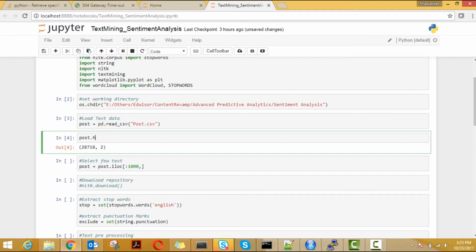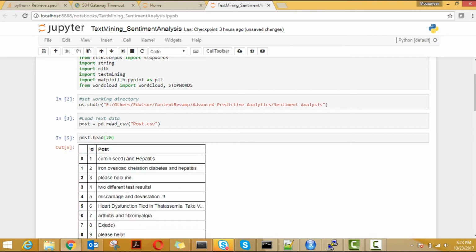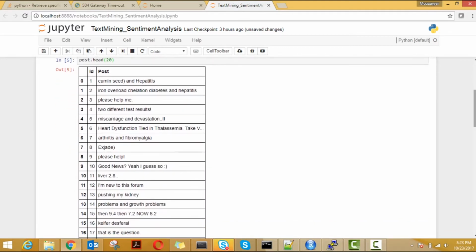So let us have a look at the data. I am extracting the top 20 observations. The first variable is the ID, and the second variable is the post. Post is nothing but all the comments related to that disease. So guys, this ID is a unique number assigned to each comment. Okay, so guys, whenever you get text data, first you need to read a few random conversations